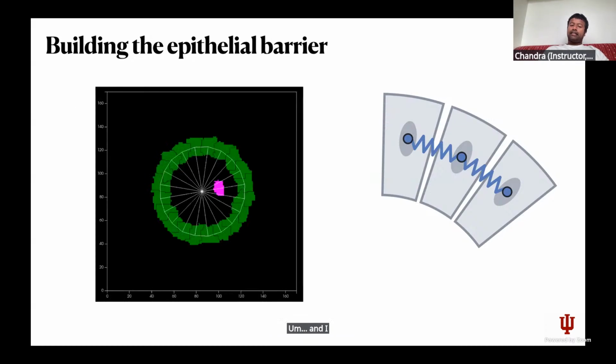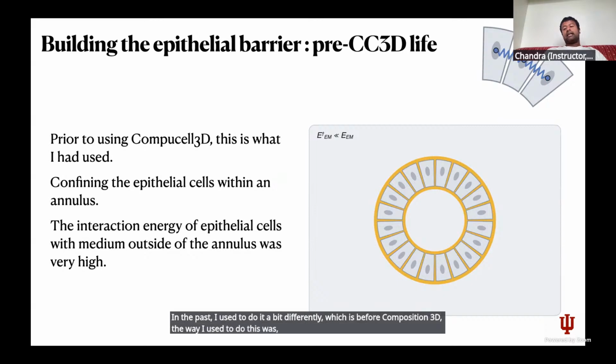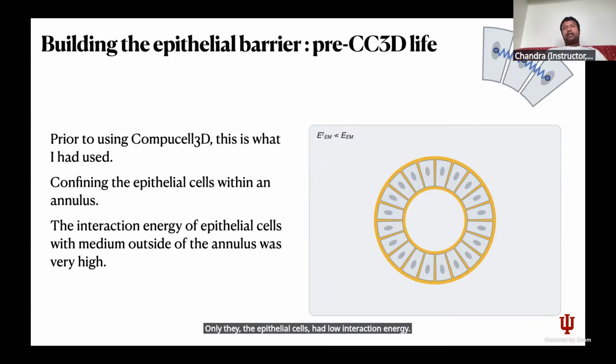And I want to highlight that in the past, I used to do it a bit differently, which is before CompuCell3D. The way I used to do this was I used to assume an annulus. An annulus is like a halo, a region in the medium. Only the epithelial cells had low interaction energy,